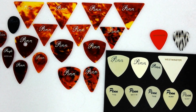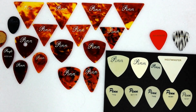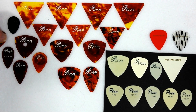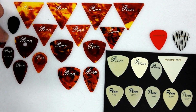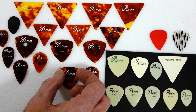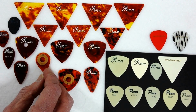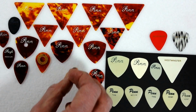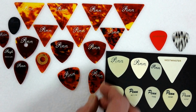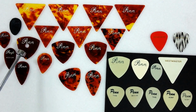Something very interesting going on with this 358 and a half. D'Andrea never offered that in cork style, but here we have a cork pad on the back of that. Extremely rare pick. All of these are rare. That's extremely rare to see that, though. We also have cork on the back of this 346 here, and the back of this 352, as you could well see here. Always great to get a hold of cork picks, or corrugated, or those with holes like this